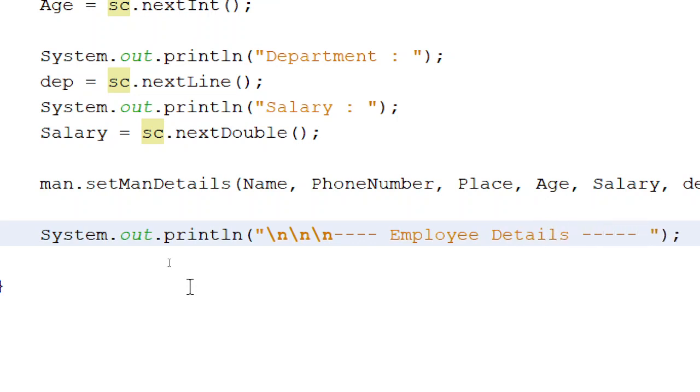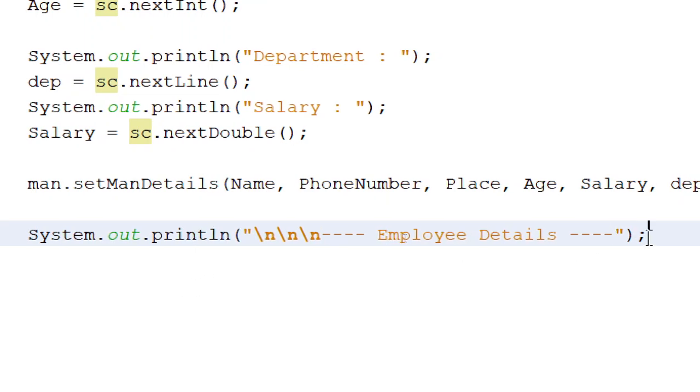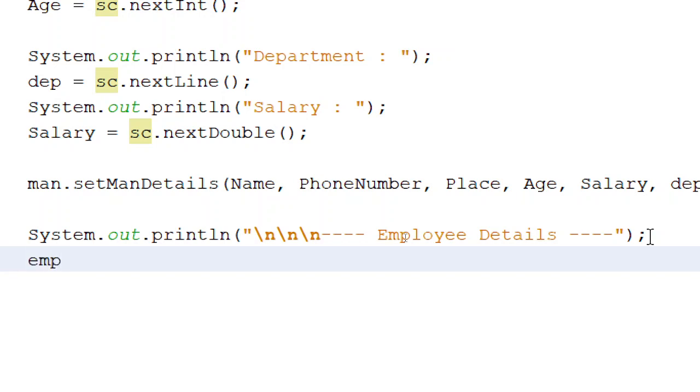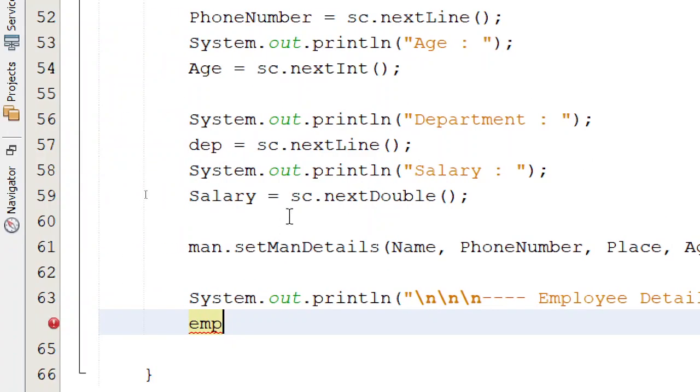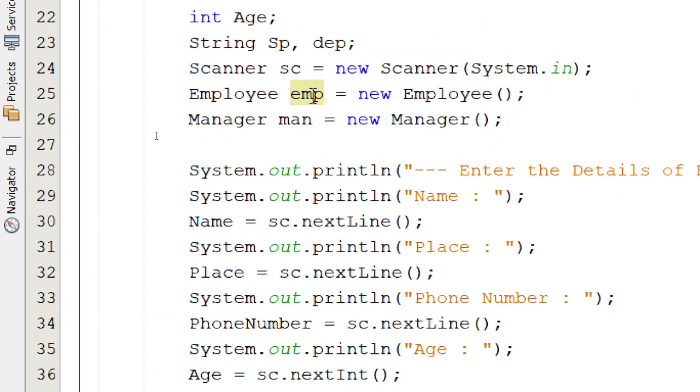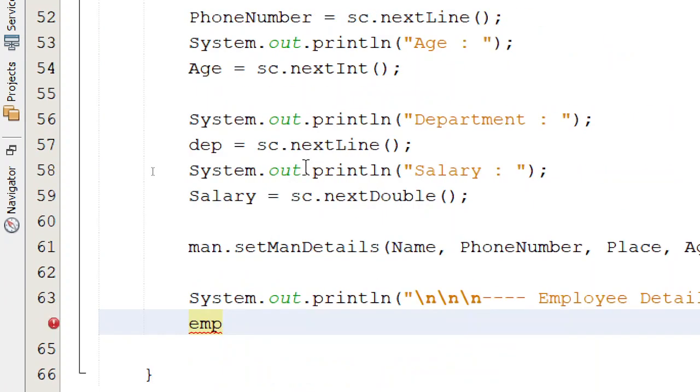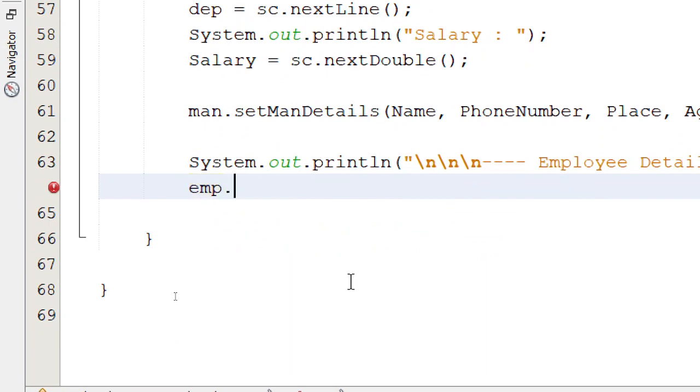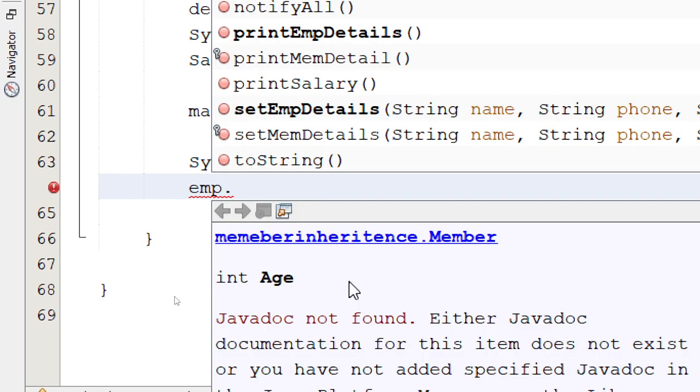Okay, done. I think there are too many dashes. Are there 3 or 4? Okay, done. And let's go to the employee. EMP is my variable for employee. If you go up, EMP is my variable. For manager, MAN. Okay, so EMP, then last time you used the set, now I'm going to use the print